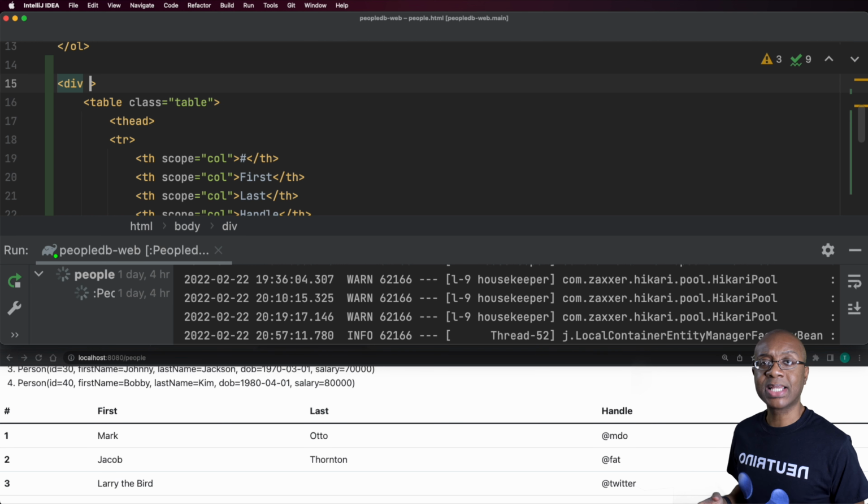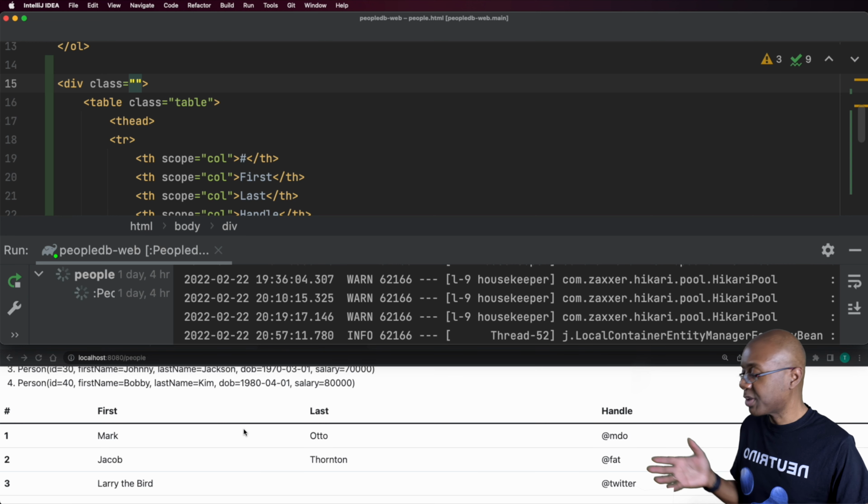So in CSS, a class is a descriptor for how you want things to be decorated, okay? And that's maybe all I'm going to say about that for right now. So I'm going to specify a class, and I'm going to specify now how wide I want this div container to be. Now, the way that the Bootstrap framework works is that it subdivides your browser window into 12 columns of equal width. Okay, no matter how wide the browser window is, there will always be these 12 invisible columns,